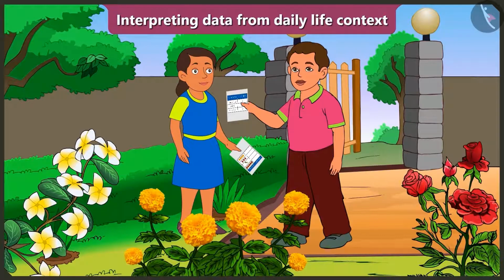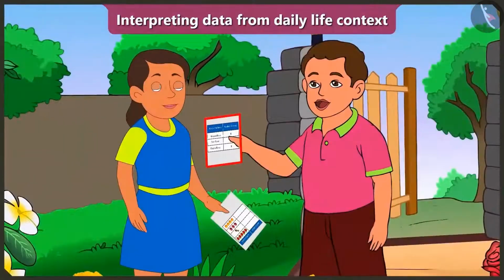Hey, but the data about all the blossomed flowers is already filled in this table. That's why you don't need to count the flowers one by one in the garden. Why? Because whatever details are already filled in this table about the flowers, you just need to understand those data. How is that? Come on, let me teach you.